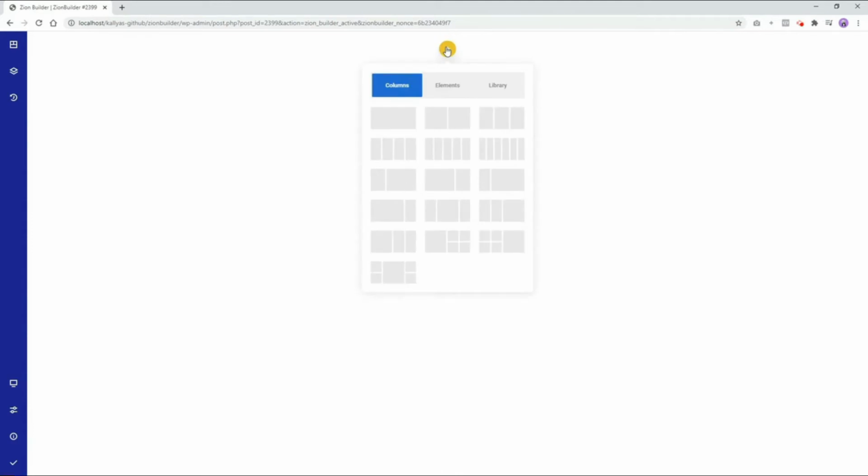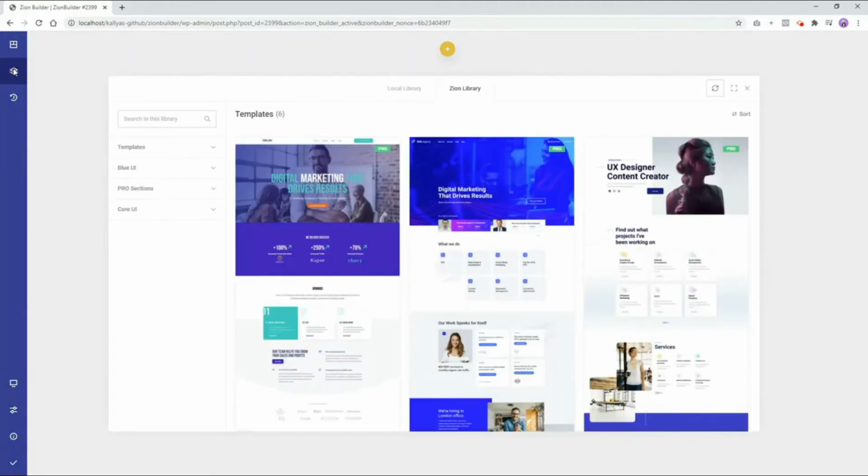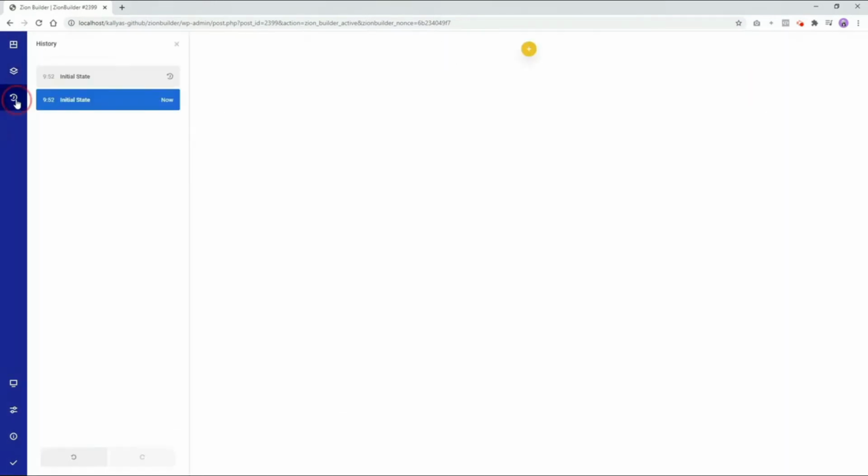Okay, now this is the interface you need to get used to from now on. The white area with the yellow dot is the canvas on which you will lay your creativity. Here you will add and edit elements that will later form your website. On the left side is the Zion Builder panel. Here you will find some useful tools that you will need when building a page, like Tree View Panel, Library, History, Responsive Preview, Page Options Settings, Other Informations, and the Save and Publish button.